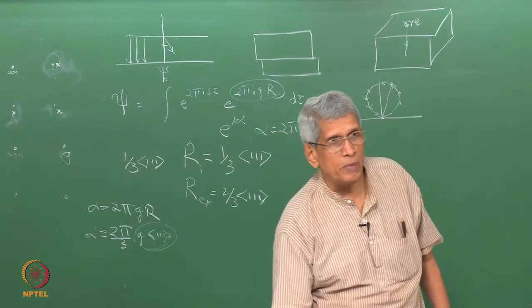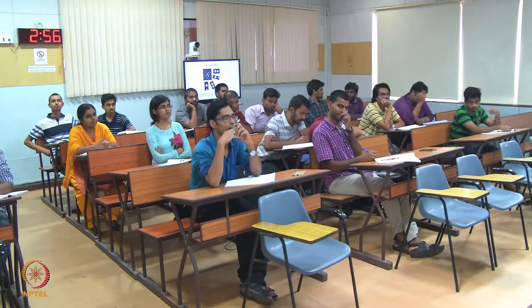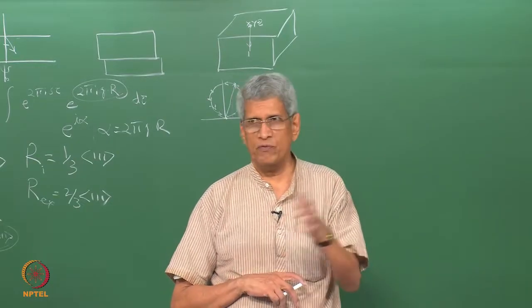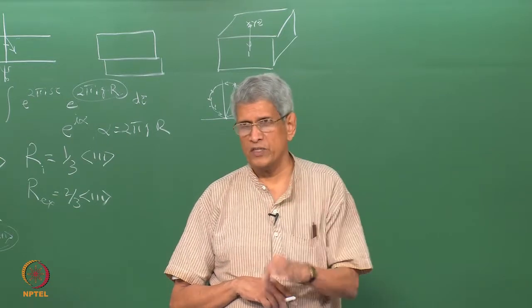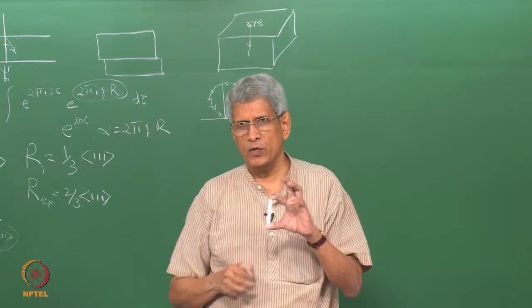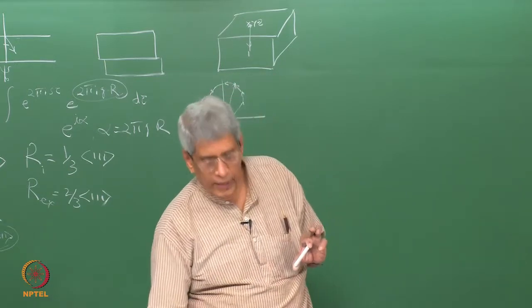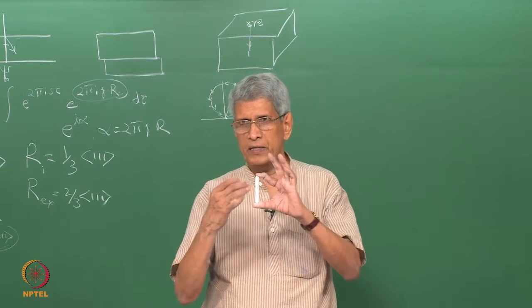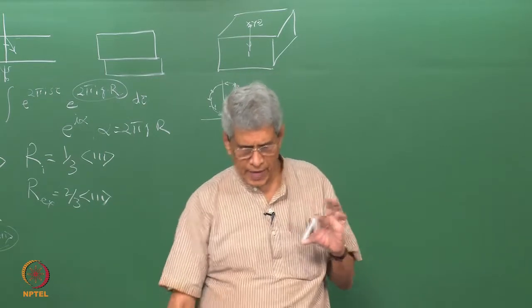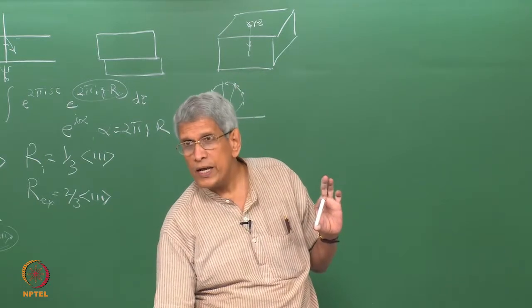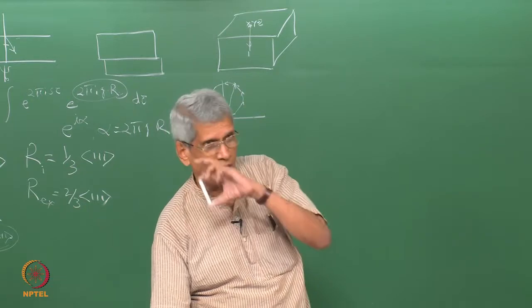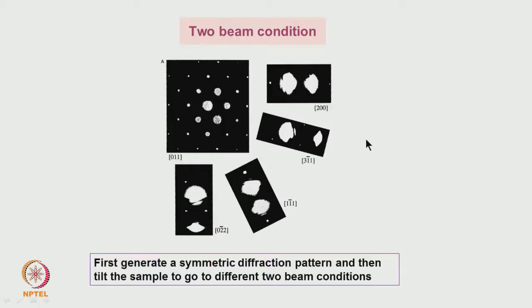That is essentially what is being used here. So if you have to choose a few different G's, the way in which we can do it is that you go to a zone axis diffraction pattern, and you get different spots corresponding to that. Then by tilting the sample in the same region, we can go to a two beam condition. In that two beam condition, we try to image the defects using bright field as well as dark field reflection. Both the things are being done.